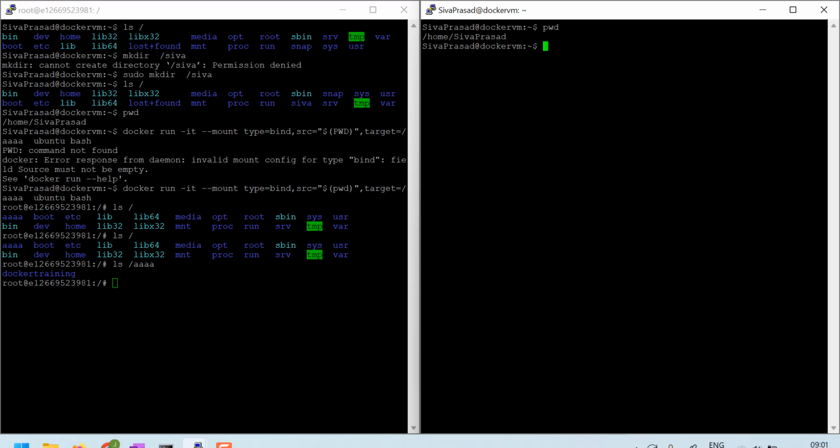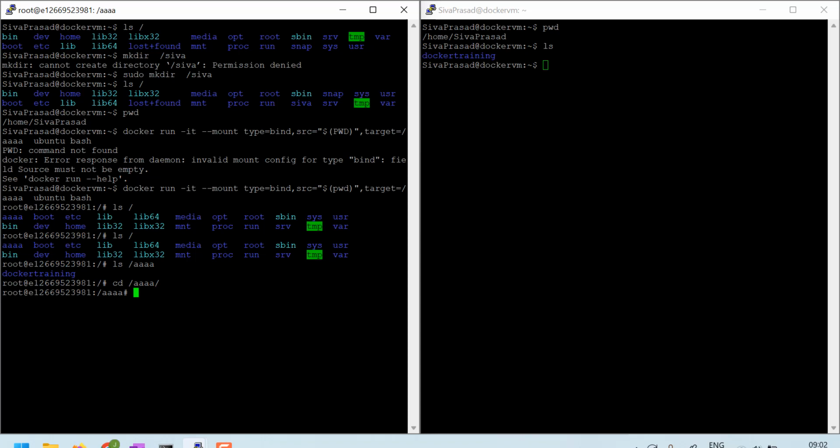And if I do ls, is the Docker training folder there? Yes, I am able to see the Docker training folder in the container also. So whatever changes I make here, of course, will be made on the host as well. I'll just cd into /AAA and